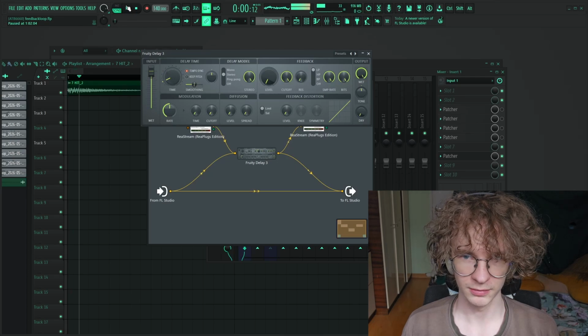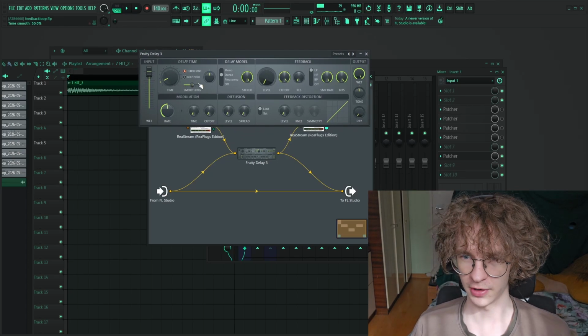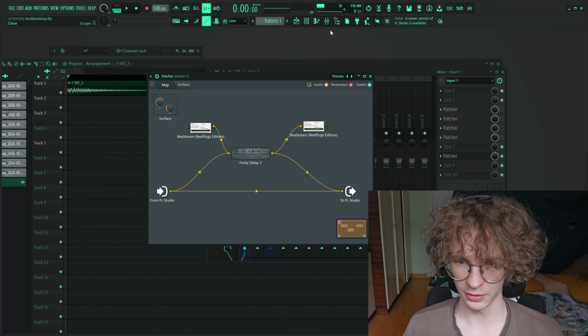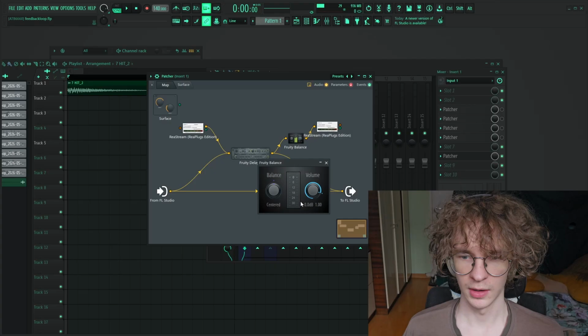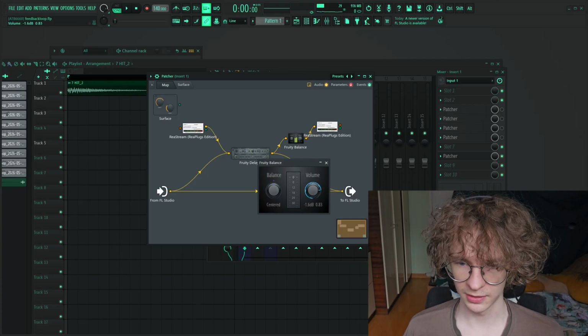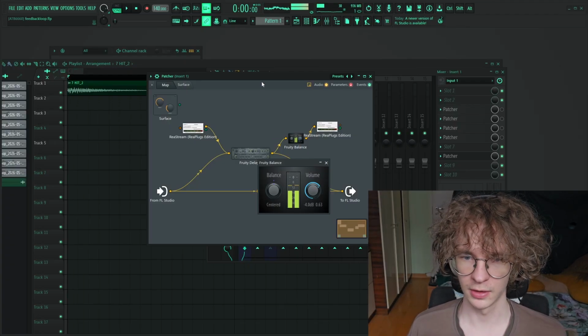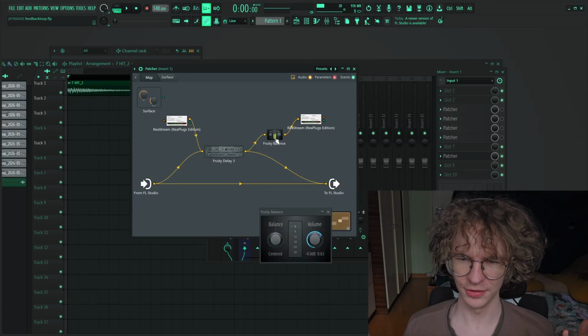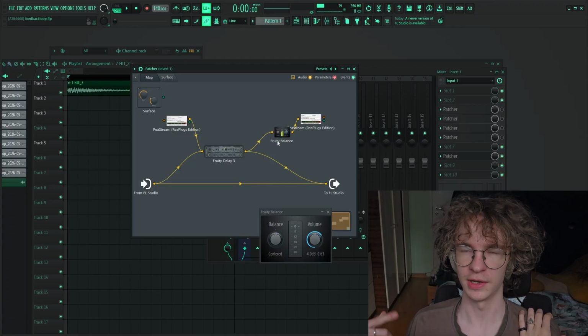Now you can just, boom. But you might notice now that it's going on forever. So we would want to make sure that before it feeds it back into itself, we add a little volume control, and we can make this, let's say, -4, and now every tap it lowers by 4. Like that. Now you just have your own delay plugin where you can add stuff between every tap, which you